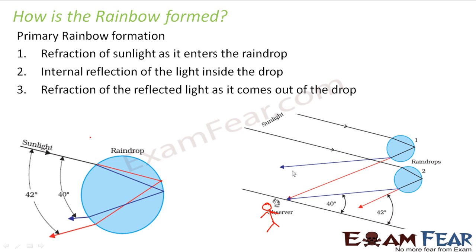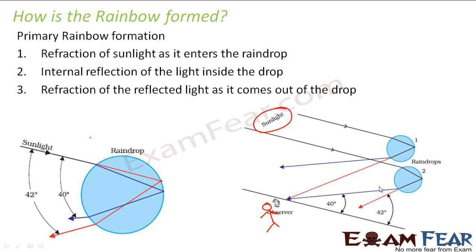So the observer sees the constituent colors, right? Because what was the input to the raindrop? Input was white sunlight, that is white light. But what was the output? Output is the spectrum of different colors, because now dispersion had also taken place, right? So what does the observer see? Firstly, the observer sees the dispersed light, that is, all the 7 different colors, right, from all of the raindrops. So as a result, we are able to see a rainbow.